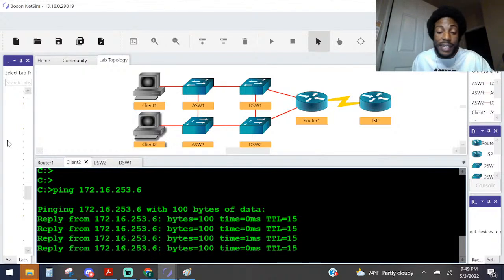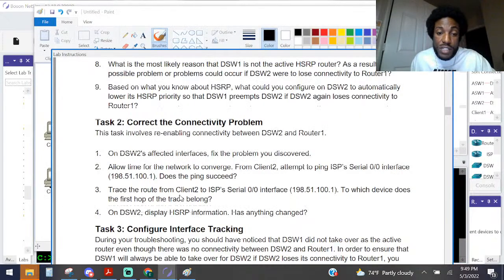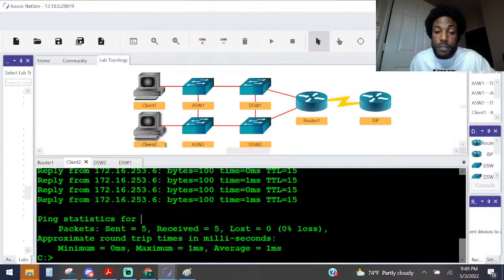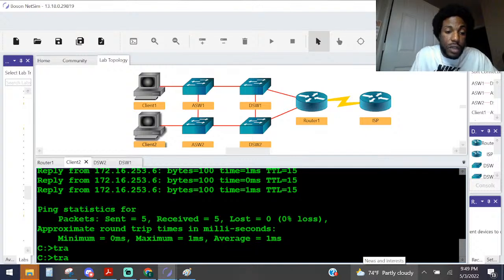Now we got some replies. That's a good thing. Trace the route from client 2's ISP 00 interface. So we got to do the same thing, but do a trace route. To which device does the first hop of the trace belong to? So let's run that same IP address, but we're going to do a trace route to it rather than a ping, right? So trace RT